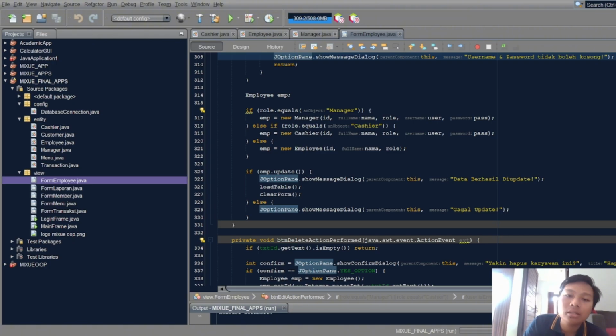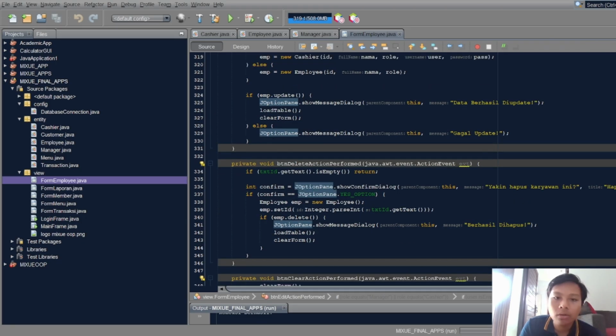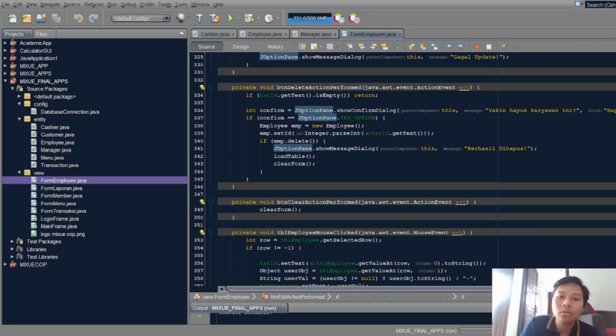Then from Employee Java, it will create a new manager object that has parameters, and if cashier, it will make a new object called cashier. Else, if emp is a basic employee, not a cashier or manager, just create a basic employee. Okay, same as before, update is for updating the table, and then we move to button delete.